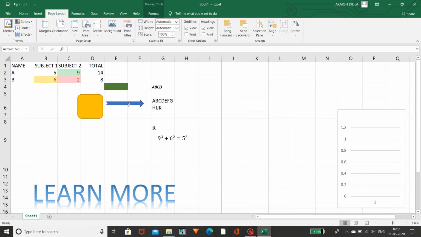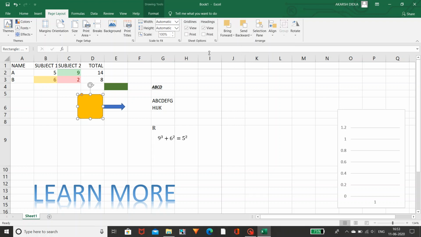I hope you can see the changes here. If you want to send it backward, you can use this option. Likewise you can do that. If you want to change this yellow square box, you can use send backward or bring forward.